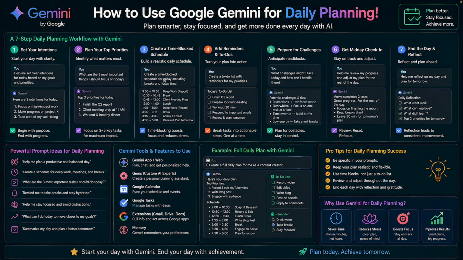Build a realistic daily schedule. You can also ask it to create a time block schedule for today, including breaks and focus time, and it will give you your entire day planned. Now, all you need to do is simply go ahead and add reminders and to-dos. So turn your plans into action. You can simply go ahead and create a to-do list with reminders for your priorities